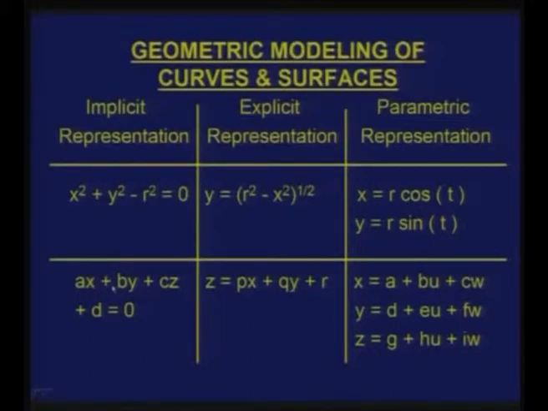So, it is a surface entity. Either I can represent it in an implicit form as ax plus by plus cz plus d is equal to 0, where you are using a function like f of x y z is equal to 0, or I can also say z as a function of x and y, which is shown here as an explicit representation, or I can also have a parametric representation where every coordinate point on a plane x y z,